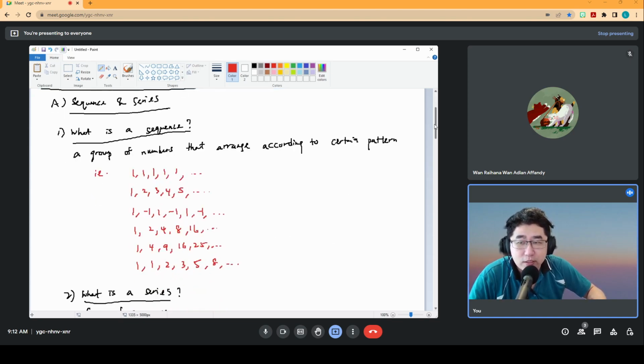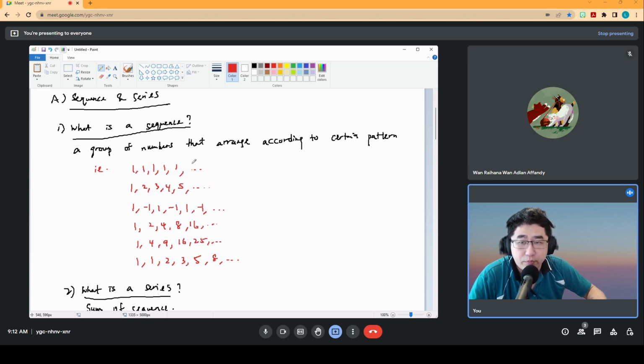So what exactly is a sequence? A sequence is a group of numbers that are arranged according to a certain pattern. So we have 1, 1, 1, 1, 1. So you can see that following the pattern, you should be able to tell what is the next value. Through logical thinking, since the previous are all 1, you should be able to identify the following